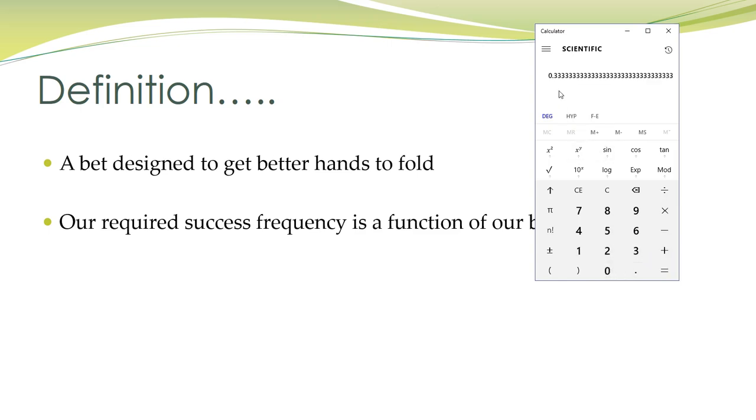We get what is known as a percentage in decimal format. What that essentially means is just look at the information to the right of the point. Don't worry about anything else. Alternatively, if you need to, you can just times it by 100. So we get the result there, 33. That stands for 33%. What that essentially means is if we make a half pot bet and we ignore any